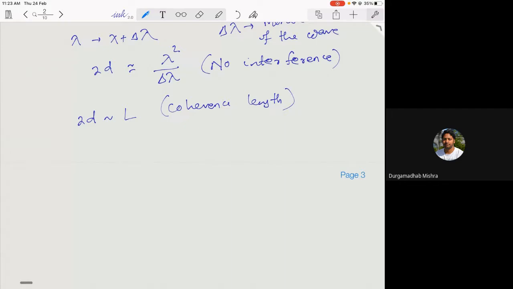So what is normally done is that you express it in terms of frequency, not lambda. So what is the frequency in that case? Frequency is given by c by lambda. So your frequency spread would be c by lambda square, ignoring the minus sign here. So this is what c delta nu would be, which should be equal to c by L. And that means your delta nu divided by nu would be equal to